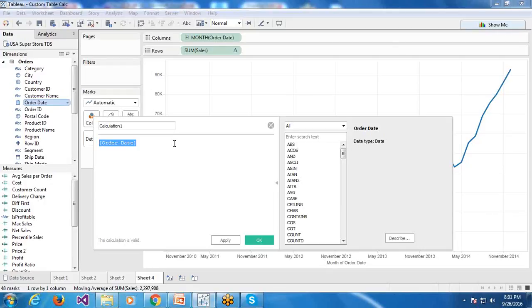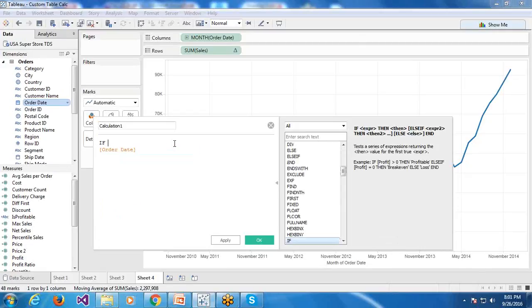Based on the ship mode of the order, there should be a due date. Let's say if ship mode is equal to Same Day,